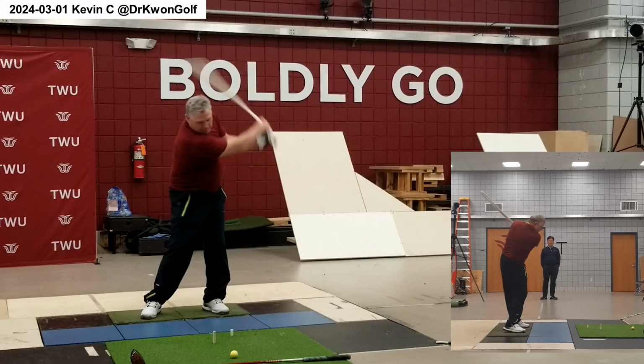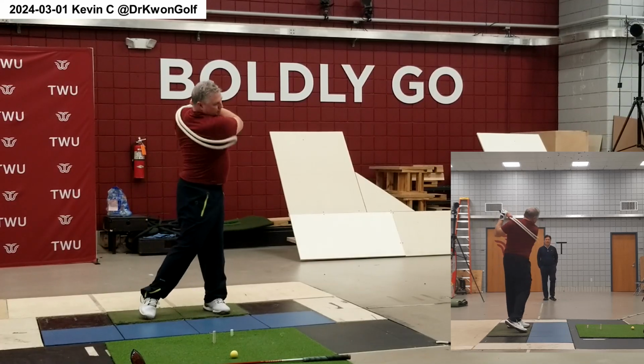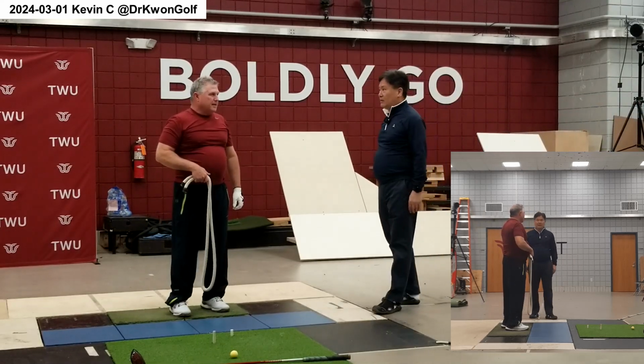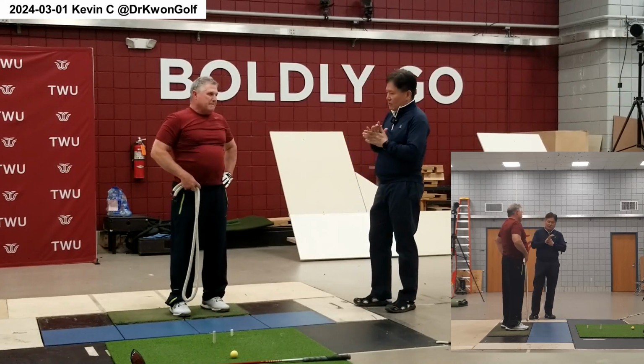Let it go, let it go. Now, the swing plane is well established, and you are not rushing either. This is good. The only thing now is, so you're a Jedi,